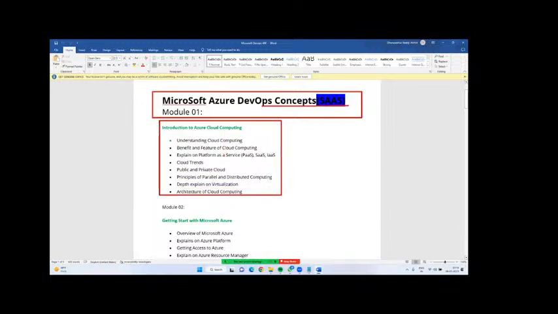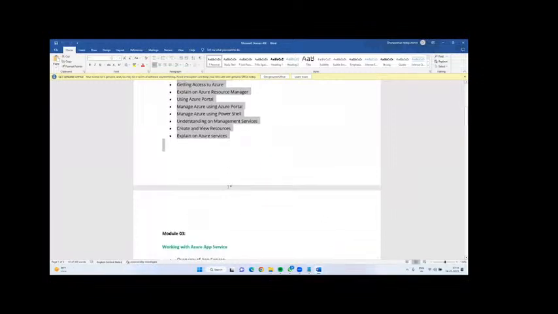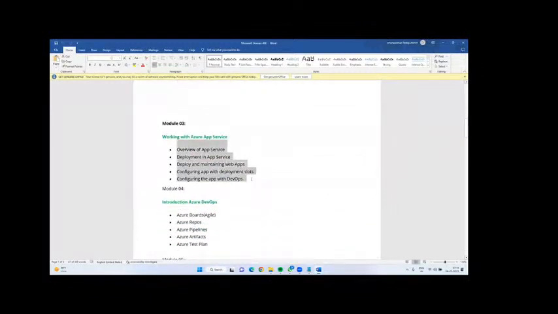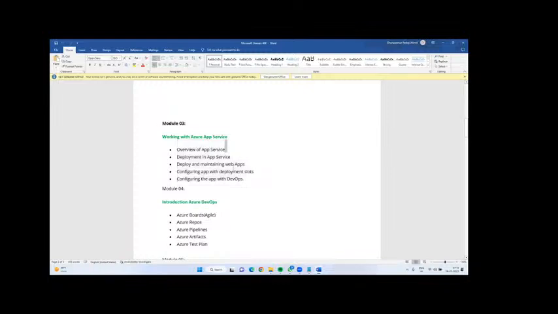Okay, so for Azure DevOps, as I said, Azure administrator is mandatory. The same I have included, including Azure cloud computing, what Azure is, subscription details and the portal. Module 3 is app services. See here, when you configure the CI and the CD pipeline, CI means continuous integration, CD continuous deployment. The outcome, the application should be deployed in app services, or where is that? Virtual machine. That's why I have included app services, which comes under PaaS.